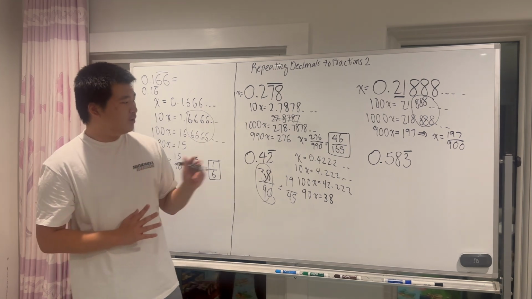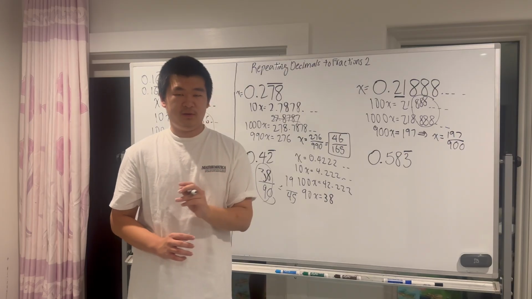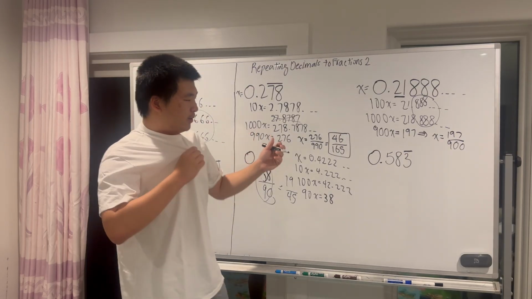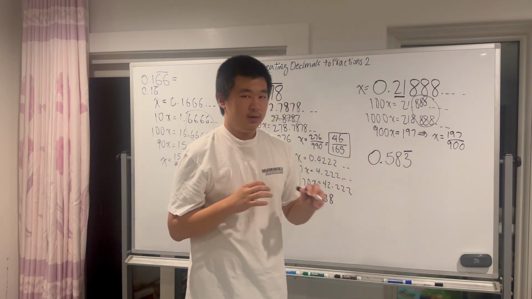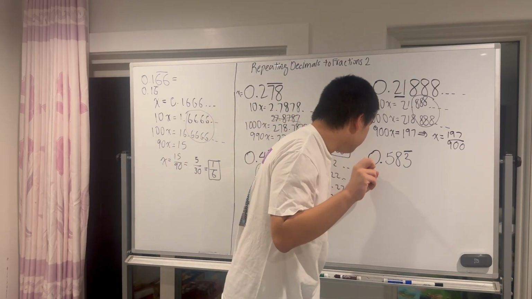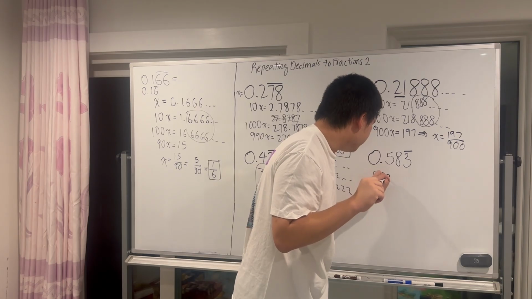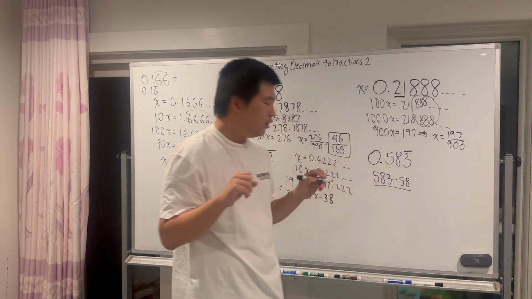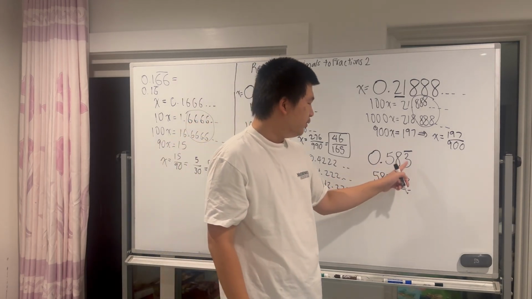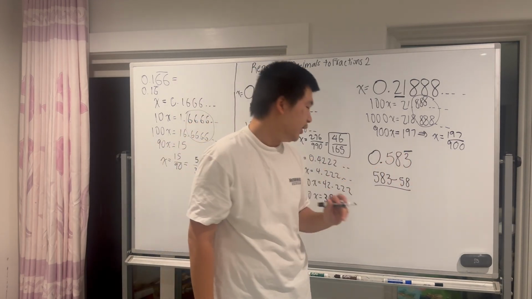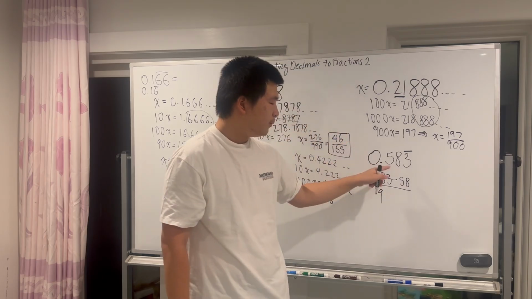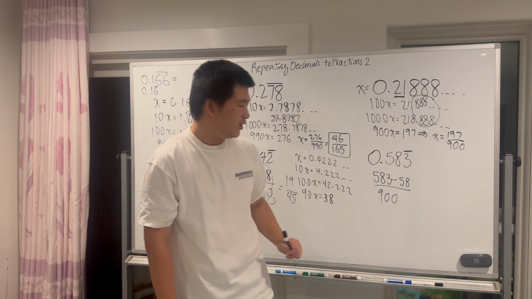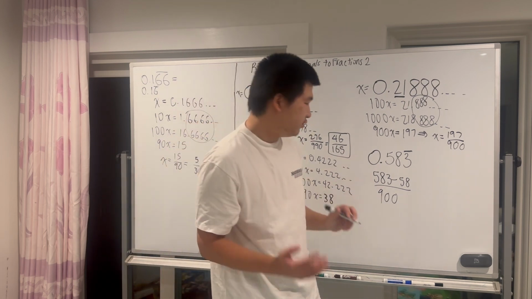Last question, 0.583333 repeating. Once again, we can just use our formula. So it's going to be 583, which is the, quote, whole number, 583 minus 58 over, what is our number? We have one repeating digit, so we should have 1 9. We have two non-repeating digits, so we should have 2 zeros. So it's this number over 900. So what is this top number? It's going to be 525